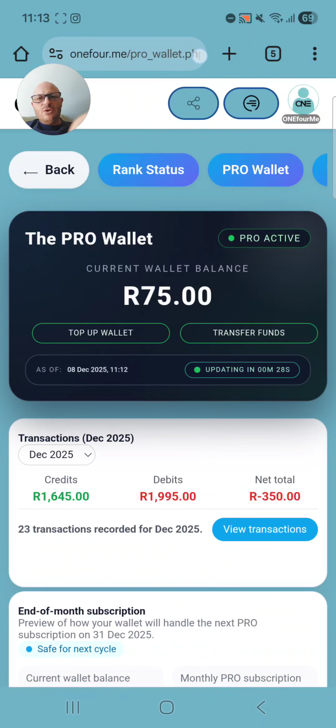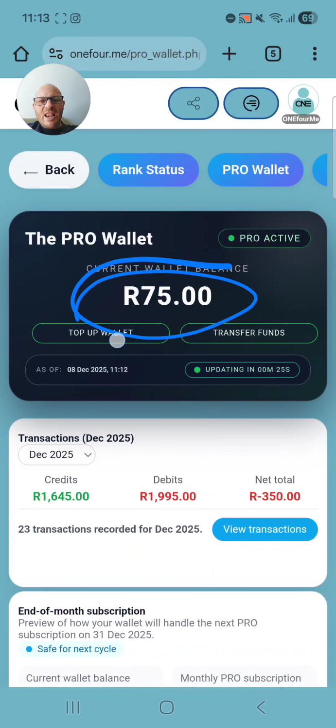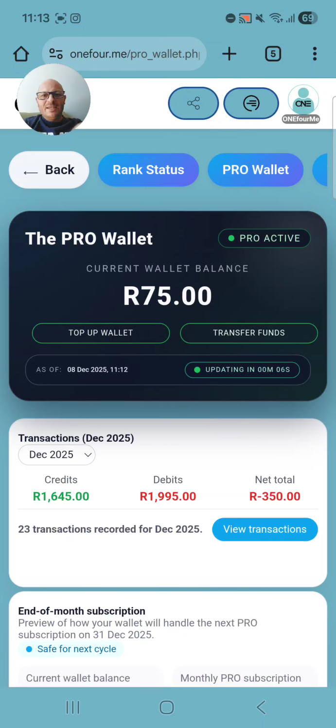That amount that's shown over there is the live amount that is available in your wallet right now to withdraw. But obviously you can't withdraw that amount because it is not over the minimum amount, which is 160 Rand. And remember, there's always a 10 Rand transaction fee. But this is what I want to show you now.